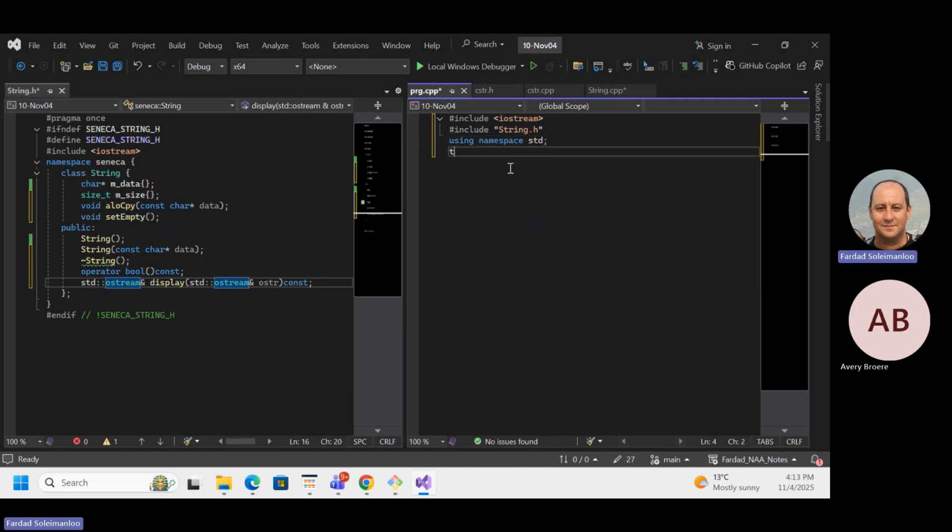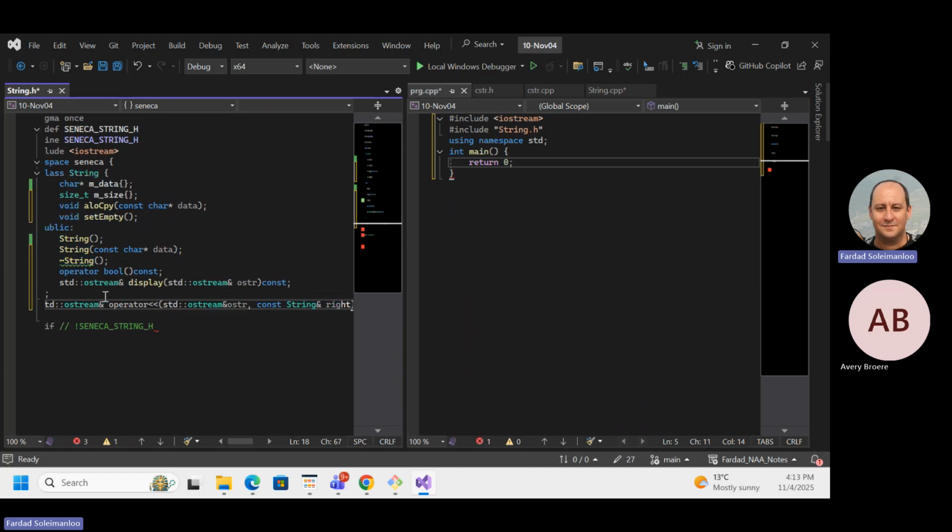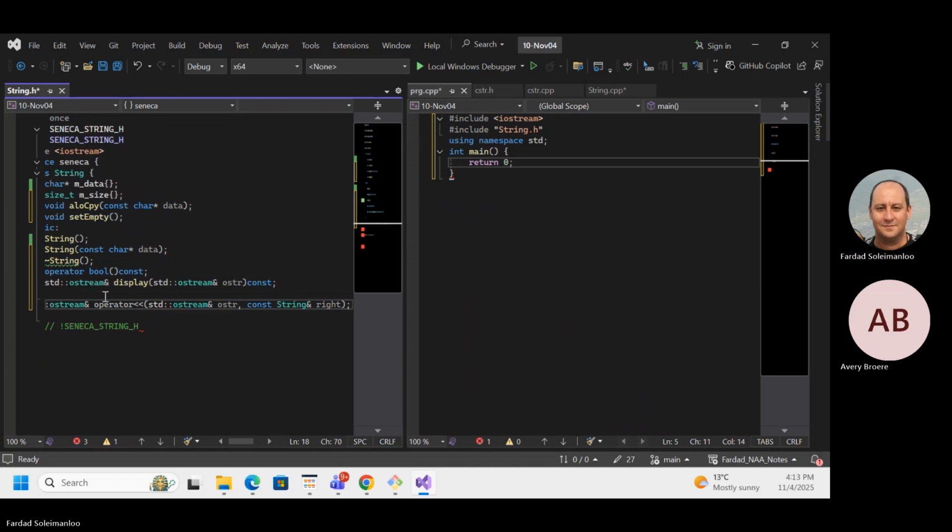Also, since I want to have elegant code, I'm going to quickly overload the ostream operator over here. So I'm going to say std::ostream reference operator, and then std::ostream reference ostr, and then in here I'm going to have a const string reference, correct?